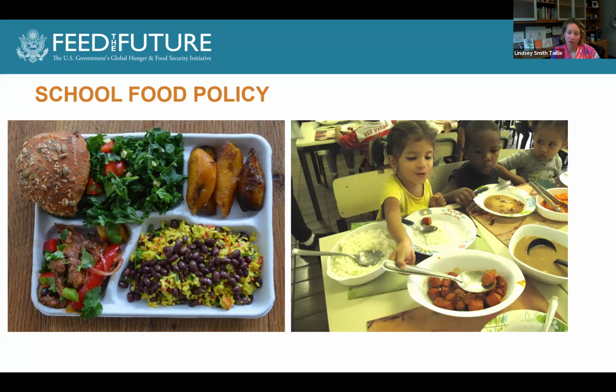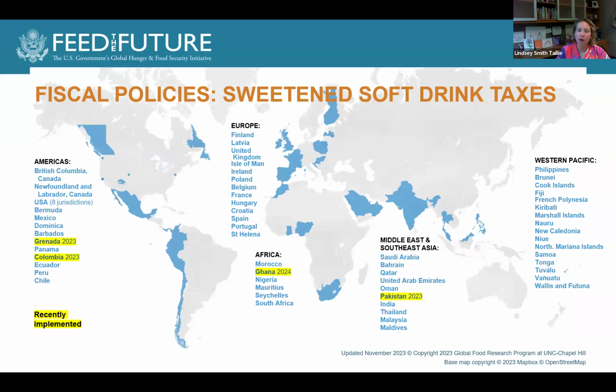And 30% of those foods have to come from local family farmers. And so this is really a policy that is designed to promote health, and it's also designed to promote sustainability. So protecting the local farming infrastructure and making sure that there's consistent demand for these farmers to be able to continue to produce. So our colleagues in Brazil are currently leading an evaluation to understand the nutritional impacts of a policy like this.